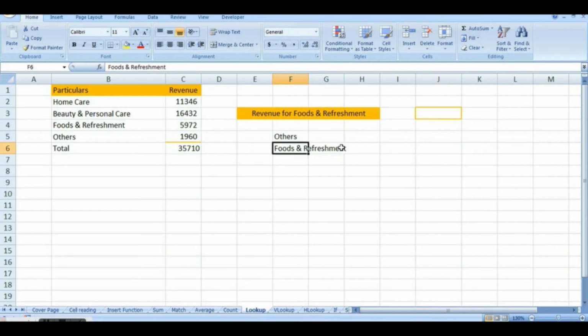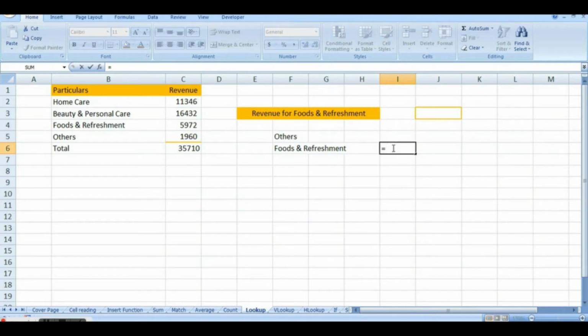Now if this had been big data, and I want to find out the value for others and foods and refreshment out of it, using the lookup function you can find it.